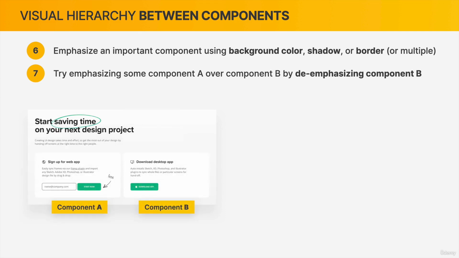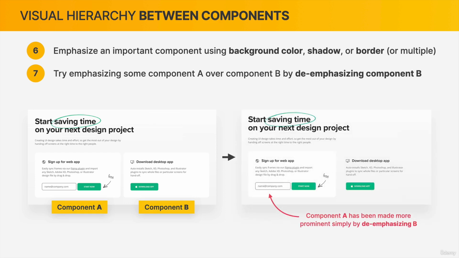So let's say right here we have component A and B, and we want to have component A stand out more. So we could of course add maybe a border or a shadow to the left one, so to component A, but what we can also do is to simply de-emphasize component B. So it lost its background color, and now component A has been made more prominent by simply removing that background